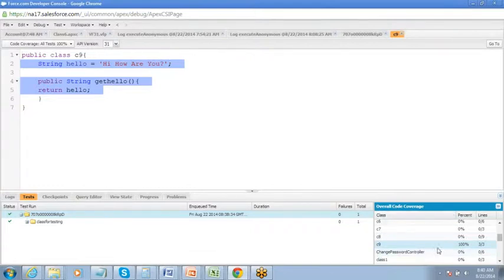Code coverage provided to C9 100%. See? So that is the thing.